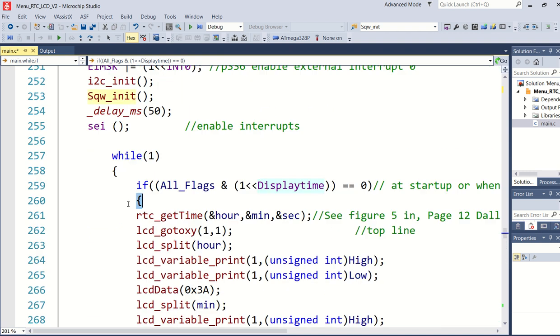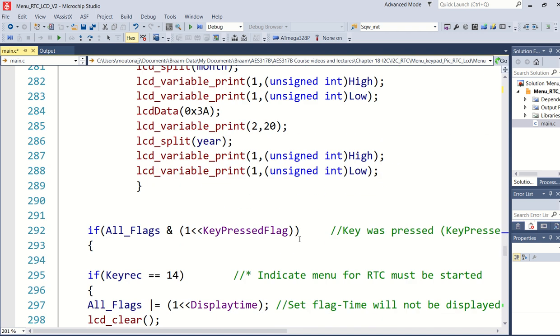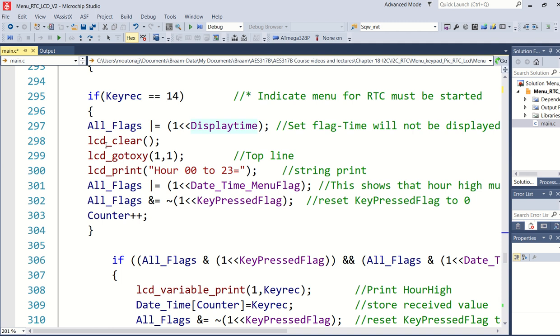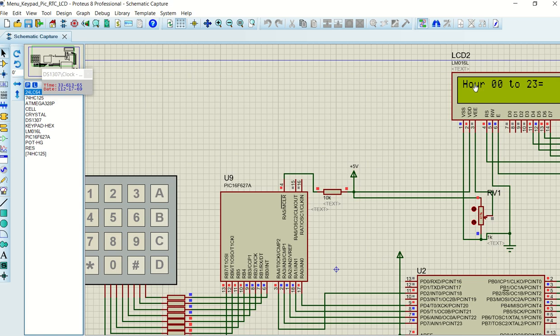So it will not go into this if statement until display time is changed back to 0. So what will happen is I've cleared the LCD, went to the top line and printed our 00 to 23. And that's exactly what we see on the display, our 00 to 23.